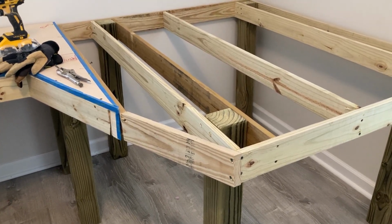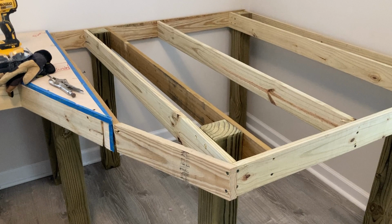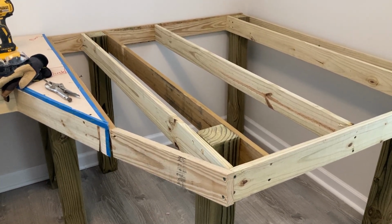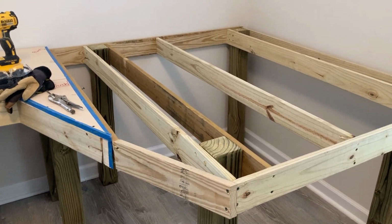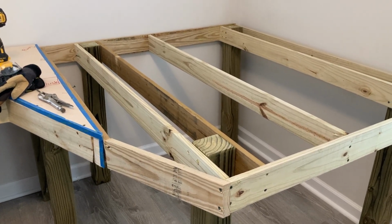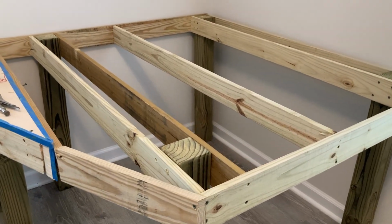Hey folks, we're here working on our model railroad bench, and just want to talk about a few problems in production. So many times on the books and websites you look at on a bench, it's like, hey, I bought some boards, I put a bench together, and you might see one or two photos as they're working on it, and then you see the glamour shot at the end when it's done. It looks great, but along the way there's probably some things that have happened that they may or may not mention,